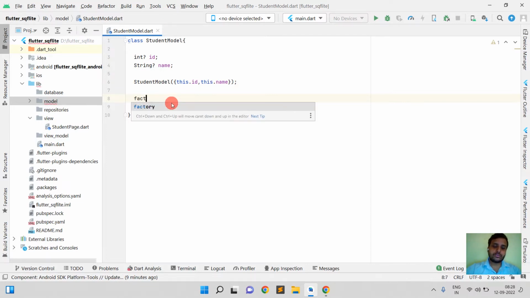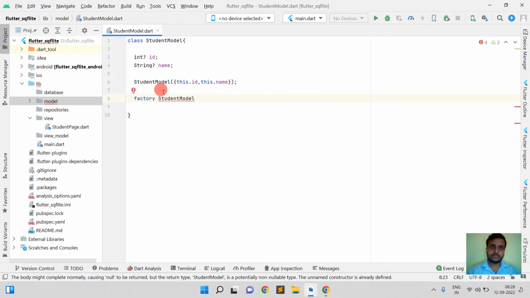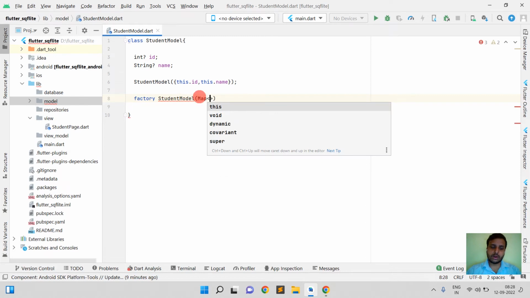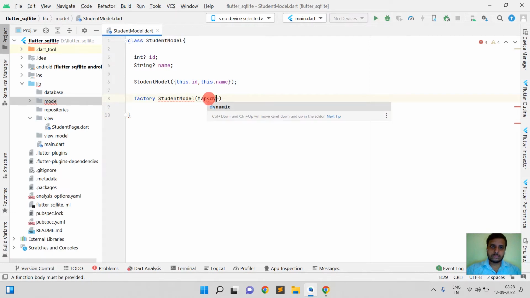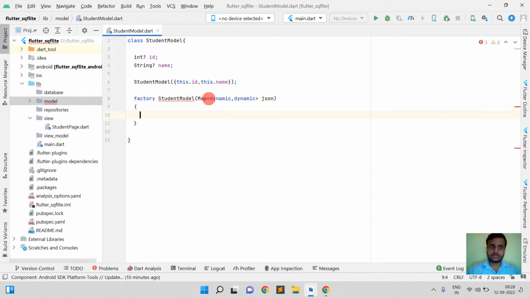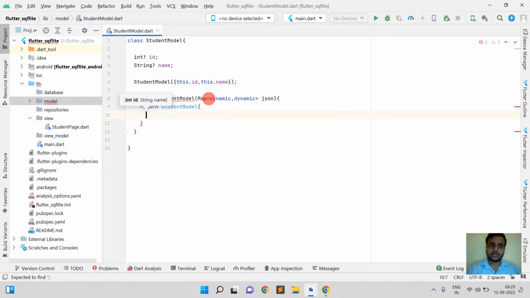Now I'm going to create a factory so we can map the student. Here we need to pass the type. And now I'm going to return this student model. And here I'll pass all the parameters like ID,